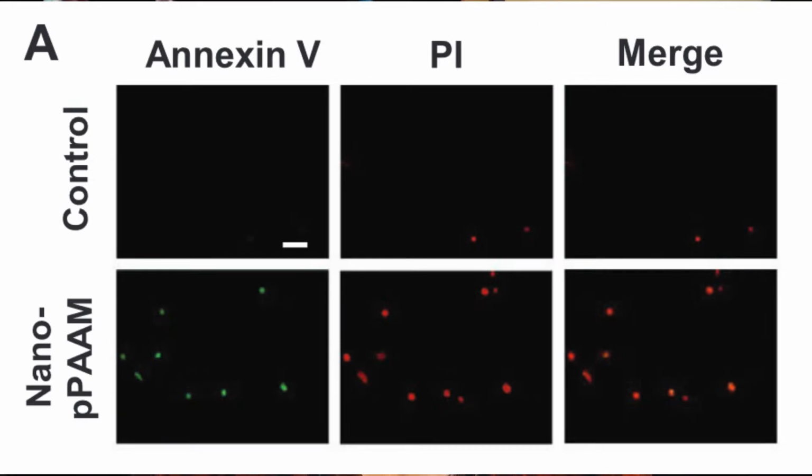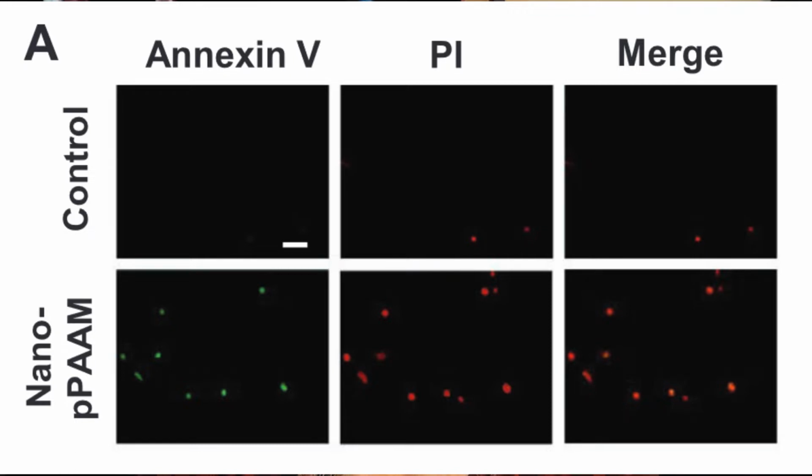So in this experiment, they use annexin V, which is the stain that gives that gorgeous green color, and PI, the stain that causes that vivid red. Annexin V binds to phosphatidylserine, which is a component of the cell membrane that signals apoptosis. And PI binds to DNA, but it can't get through that cellular membrane, so it can only bind to DNA and shine if that cell membrane has already popped. In the control, there were a few cells that lit up in that bottom corner, but for the most part, no signal. In the nano-PPAM, there are quite a few little dots, meaning that there are quite a few cells that were apoptotic.